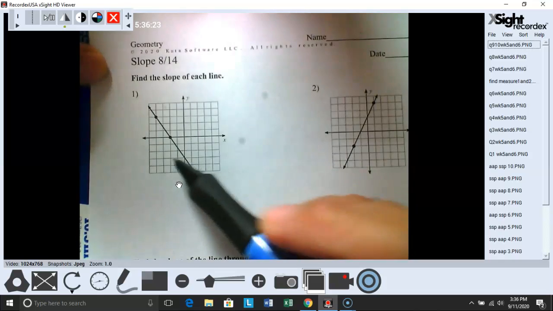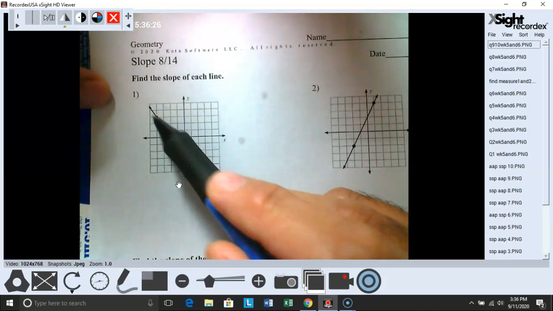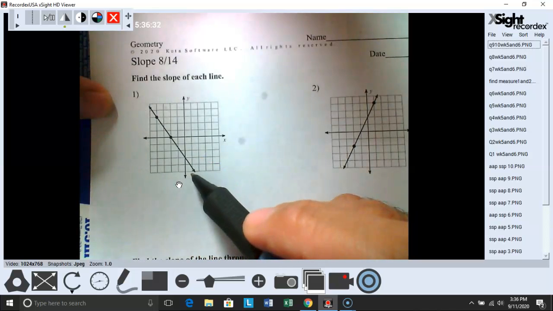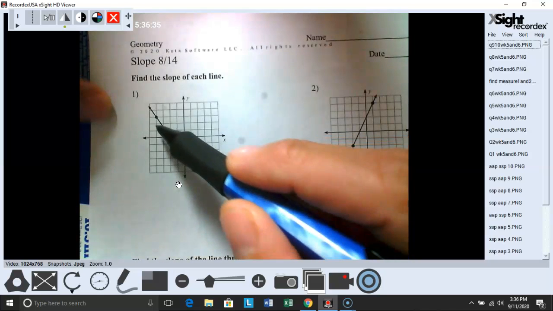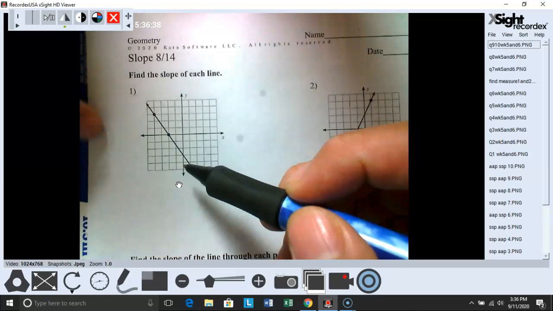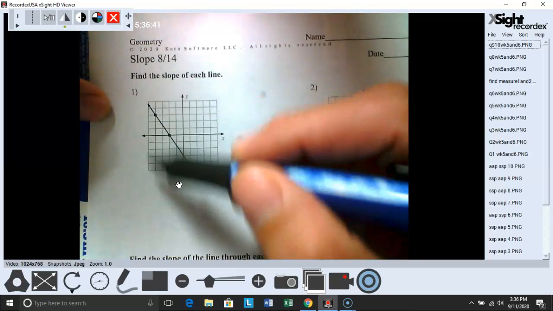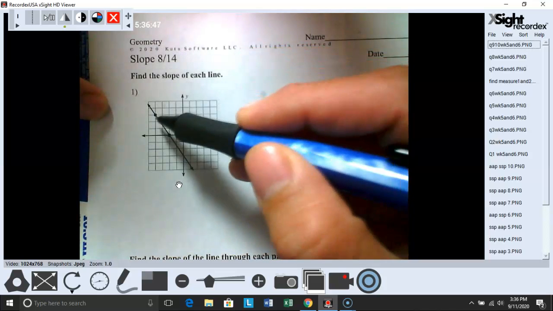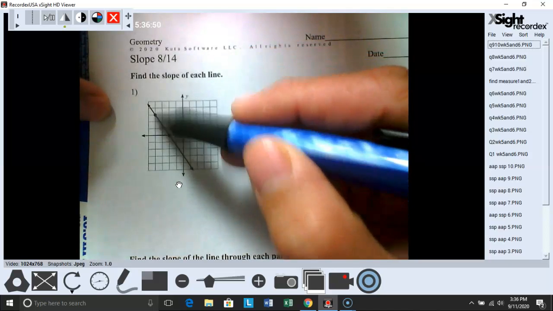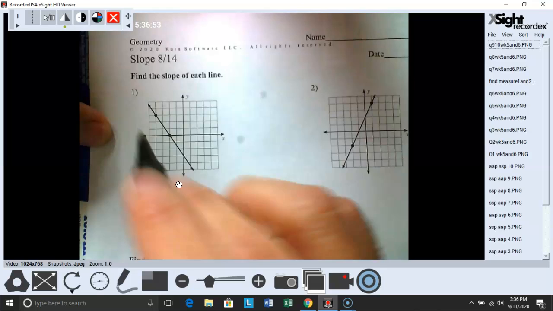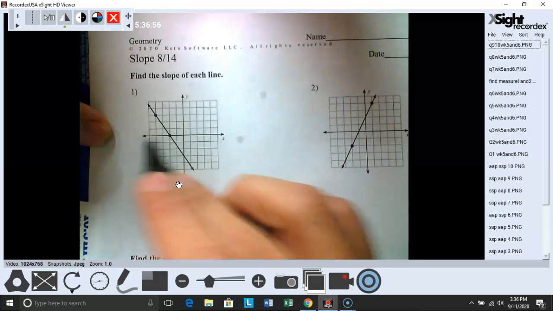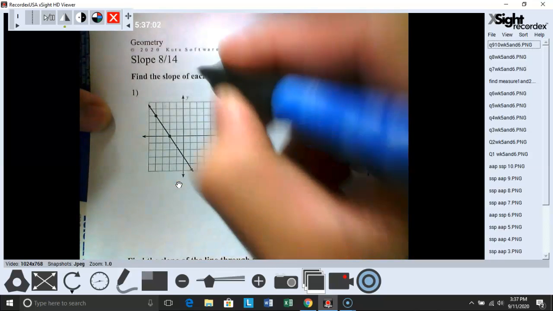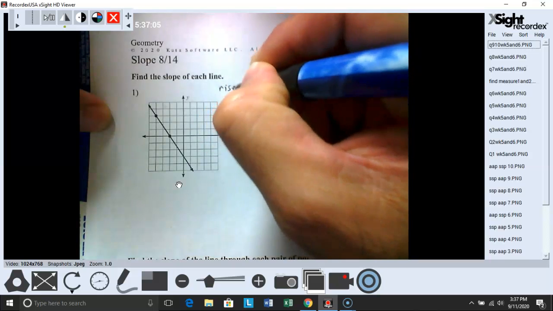Using the graph, if you notice the graph is going down from left to right, it's going down. All we need to do is to count the points. You always start with your rise or your y-axis, so this side right here. So it's either you go down or you go up. So up represents positive and down represents negative numbers. And then your run will be your x-axis. It's either you go right for positive and you go left for negative. So you can use this formula right here, rise over run,